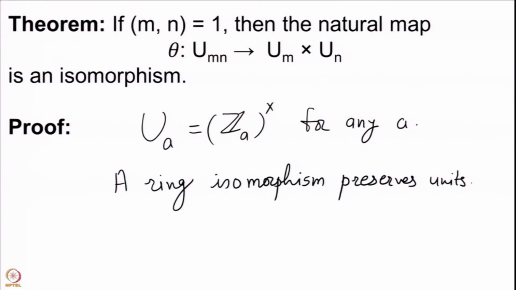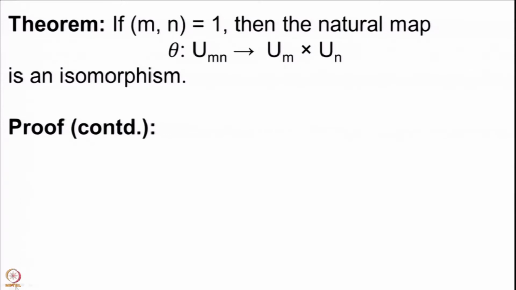Of course, now the group of units is not preserved under the addition. We know that 1 is always a unit, minus 1 is always a unit, and if you take the sum of these two, you get 0, and 0 is never a unit. So, this is not preserved under addition, but there is the multiplication structure defined on the units, and the set U_m is actually a group with respect to this multiplication coming from the finite ring Z_m. And when we have that theta from Z_mn to Z_m cross Z_n is a ring isomorphism, we simply restrict it.